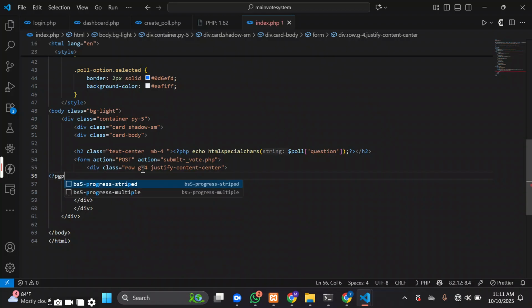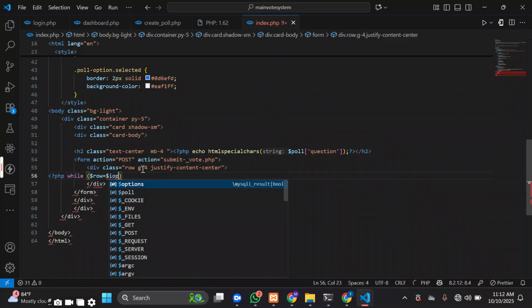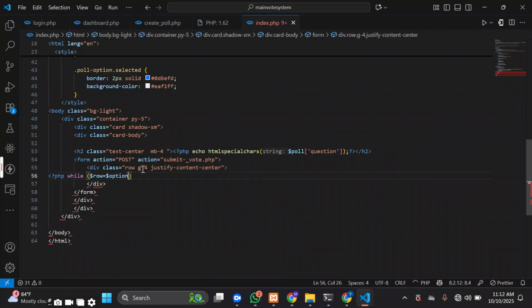Alright, so I'm going to have my PHP code here, and I'm going to have a simple while loop. I'm going to loop over something here. So I'm going to say row is equal to options fetch. So in here, I'm going to close it here,